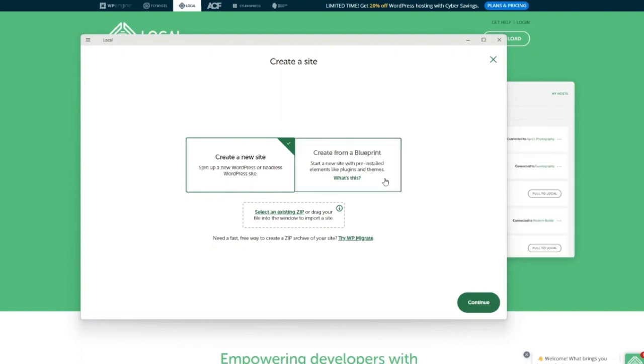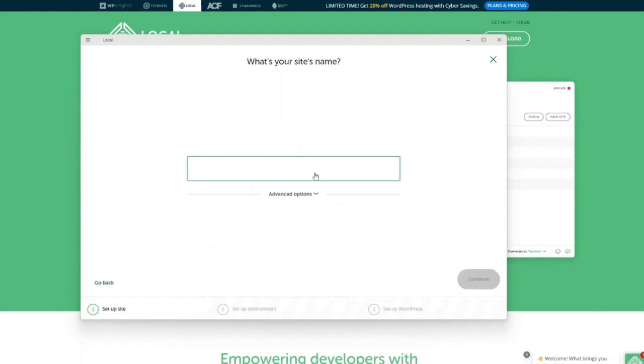So if you have a blueprint of sites with pre-installed elements and plugins and themes, you can create it from that. If you have an existing site to download, you can upload it as a zip file, and then you can have it that way as well. But we're just going to create a new site from the beginning. I'm just going to give it a site name,